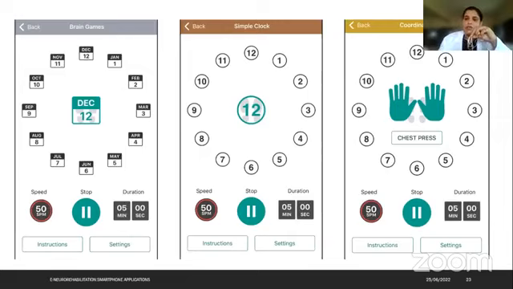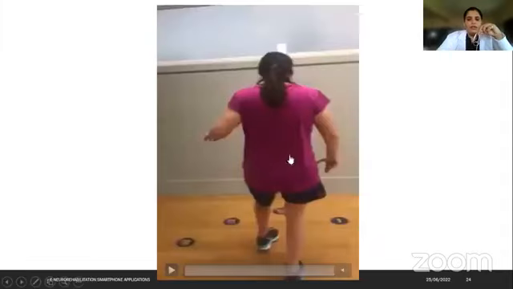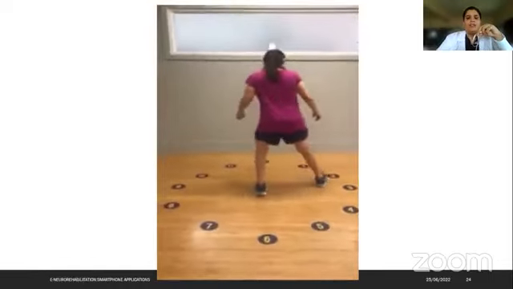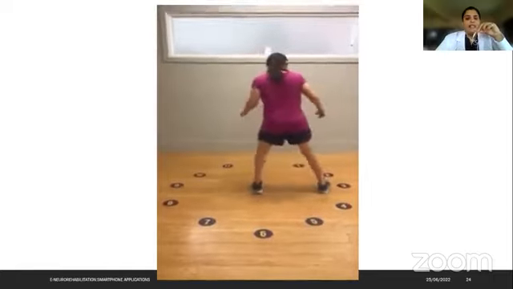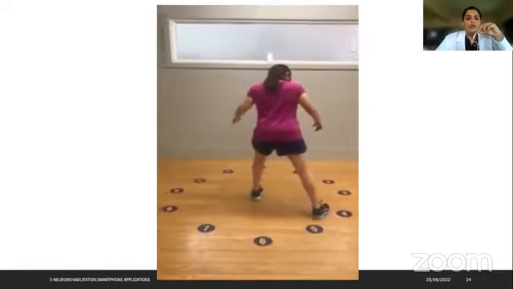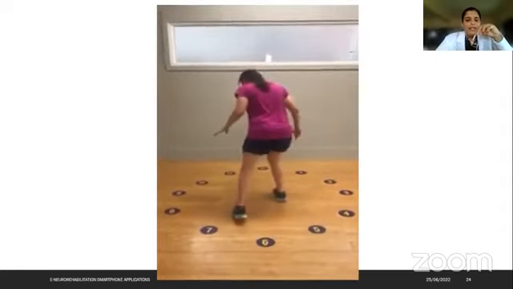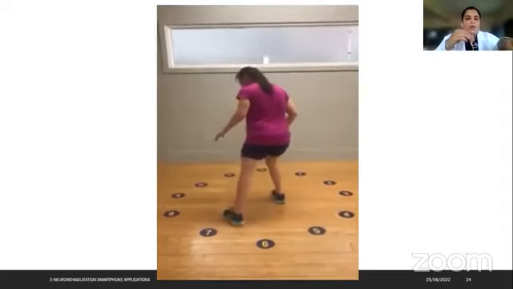This application has another use: it is for athletes, for sports also. So this application can be used there. Now here is the video on the site itself. You can see how a patient is using it. Now this is imaginary. Here it is used to draw. This is imaginary.